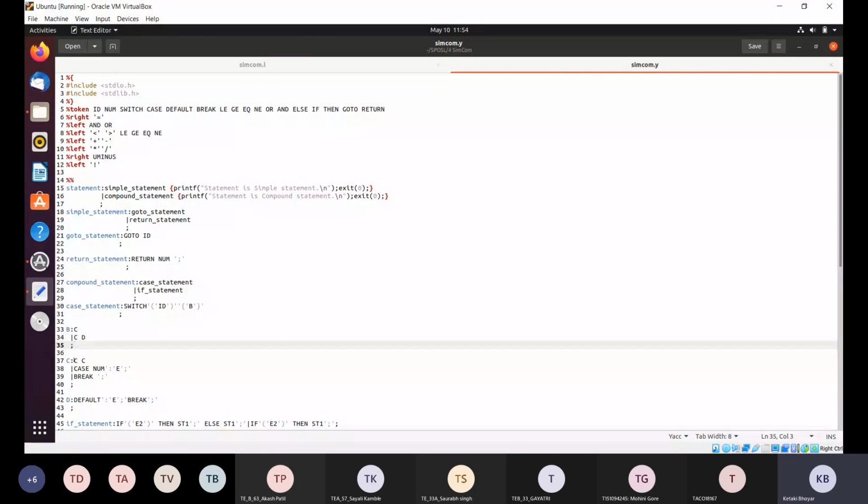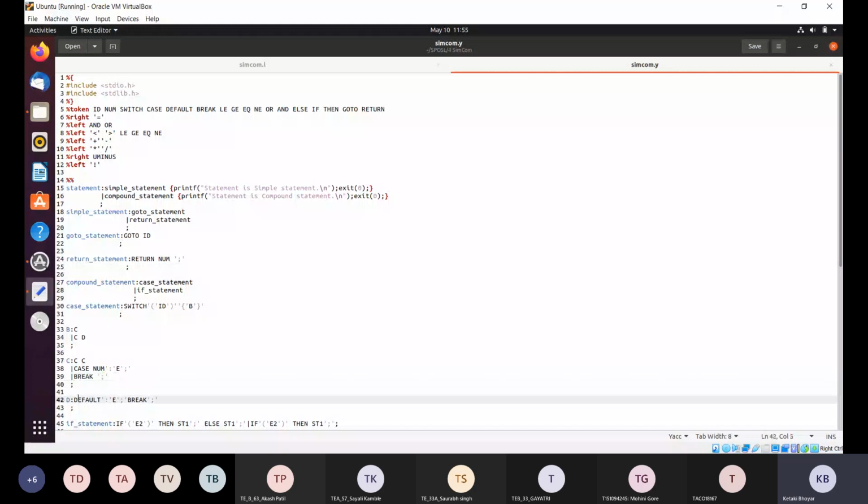So what is a c? c can be one case after another. तो case का syntax कैसे होता है? We write the case, then we write the number of the case, colon and equation. E is the equation that we have to perform. E can be many equations. E is equal to E plus E, E is equal to E plus T. वो आपने टॉक में प्रॉब्लम सॉल्व किए होंगे ना, पार्सिंग के ट्रीज. सेम ग्रामर में आपने ये E is equal to E plus T, E is equal to E star T वाले प्रॉब्लम सॉल्व किए हैं. So same thing is written here. Or there can be a break statement to stop the loop followed by semicolon.